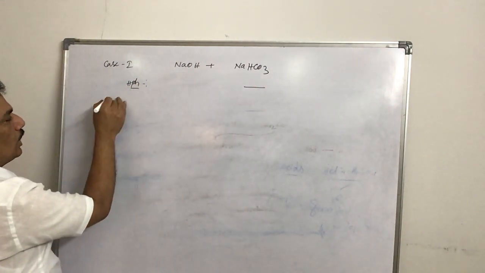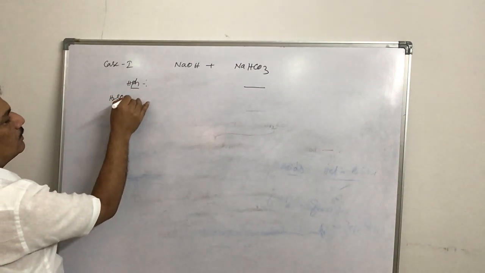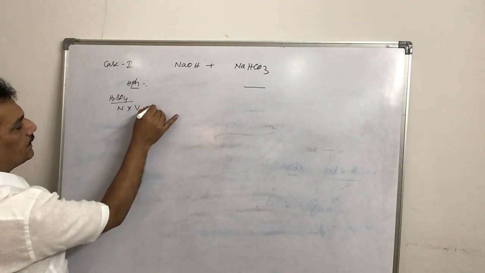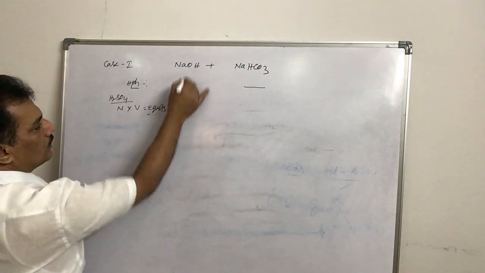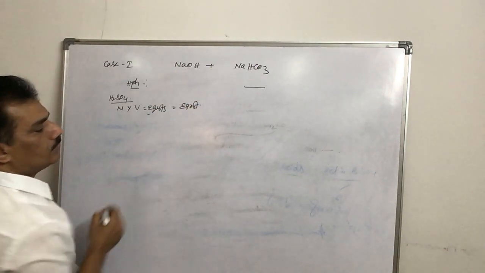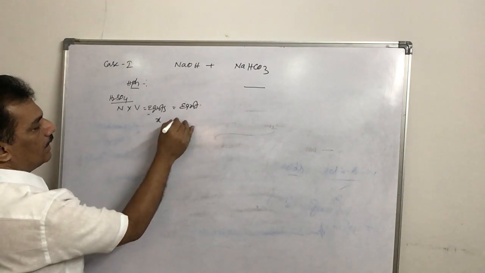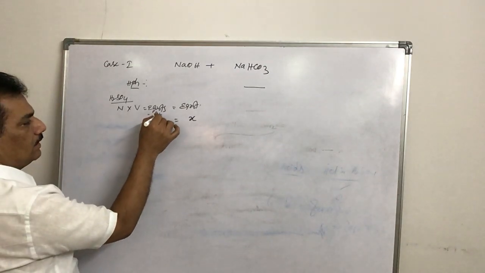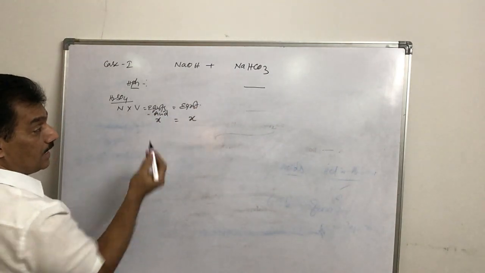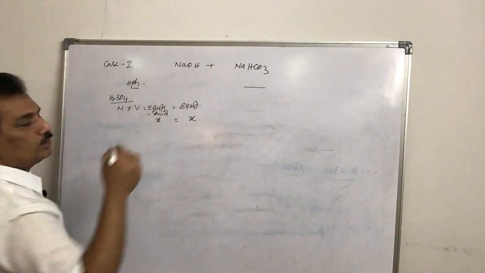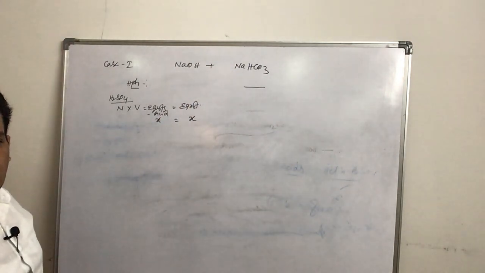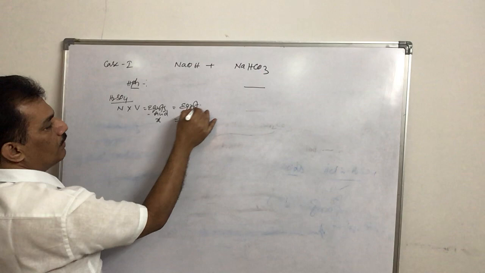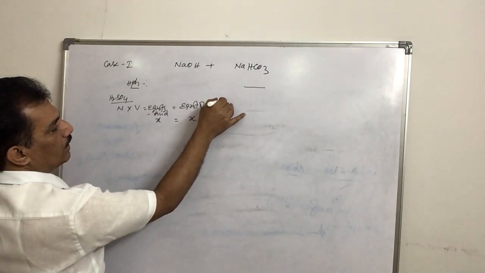In HPH, we are using H2SO4, for example, with normality N and volume V. These two give the equivalent weights, and this is equal to the equivalent weights of NaOH. Say if it is X, the number of equivalent weights of acid is X. It is equal to the equivalent weights of NaOH only, because NaHCO3 is not getting any neutralization in the presence of phenolphthalein. Clear? So the number of equivalent weights of NaOH is equal to X.